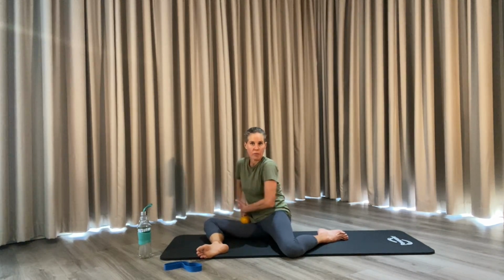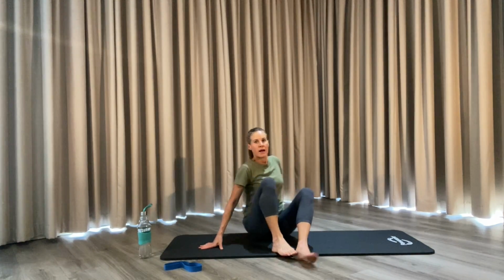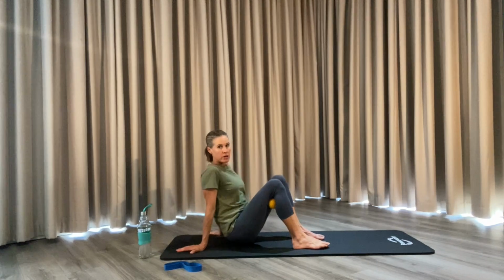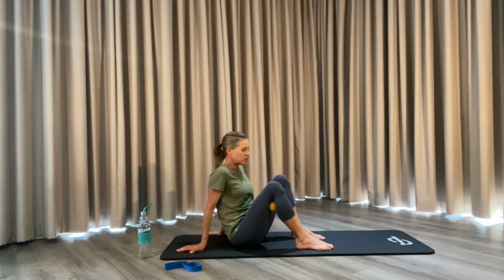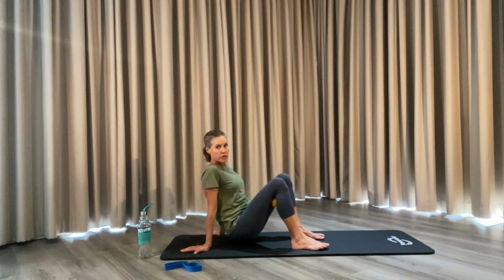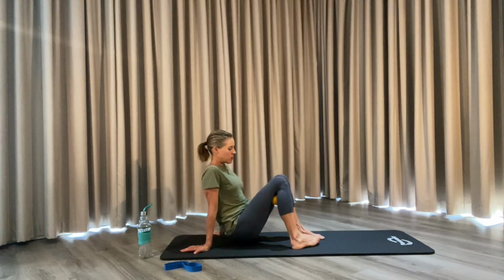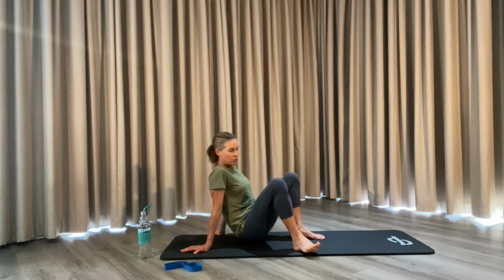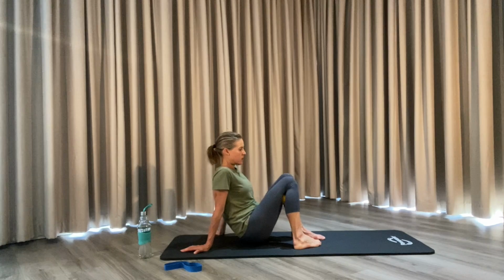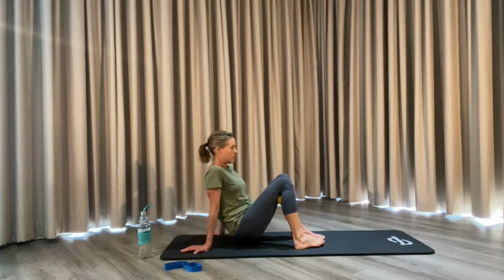We're going to bring the ball behind the knee, so come back into that seated position, ball behind the knee, and lifting the tailbone, hands supporting you, releasing that popliteus muscle. Push forward into the ball. Use the ball, but if the knee is taking any strain, you can release the ball. And when you're ready, you're going to rotate that foot out and in. Keep going. Another 4,